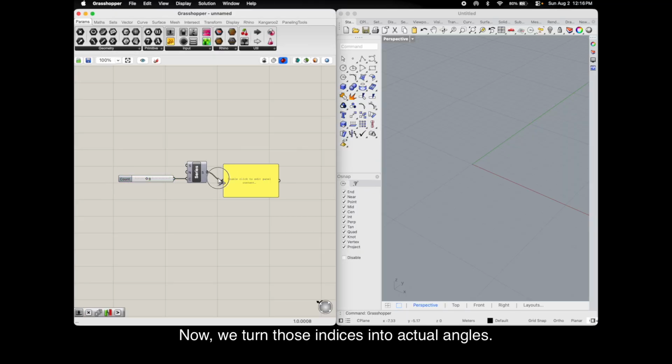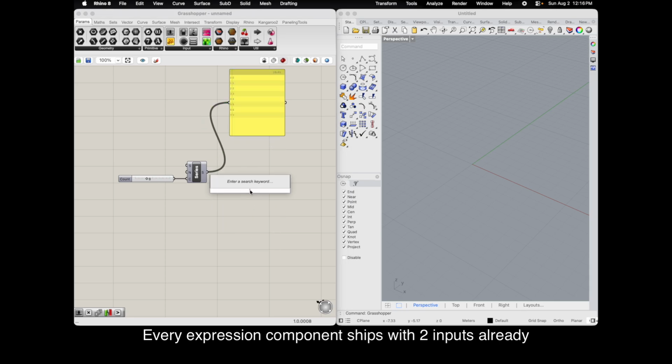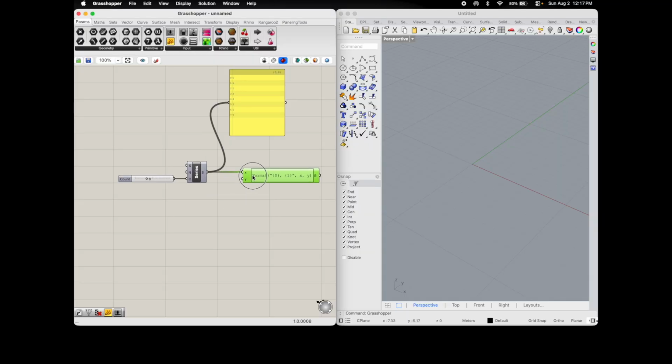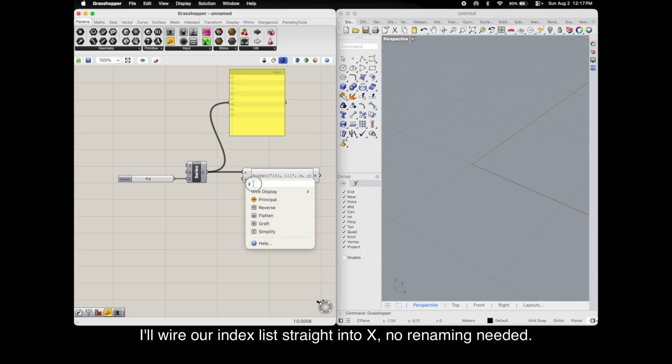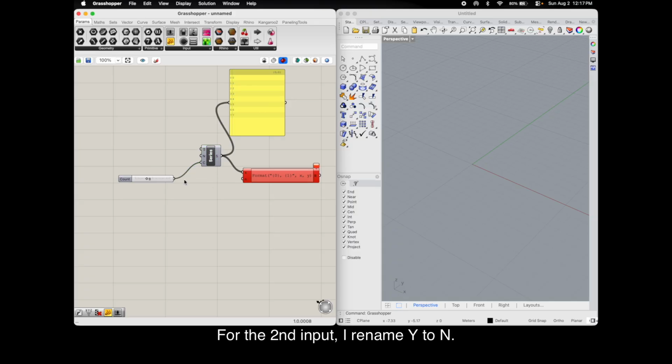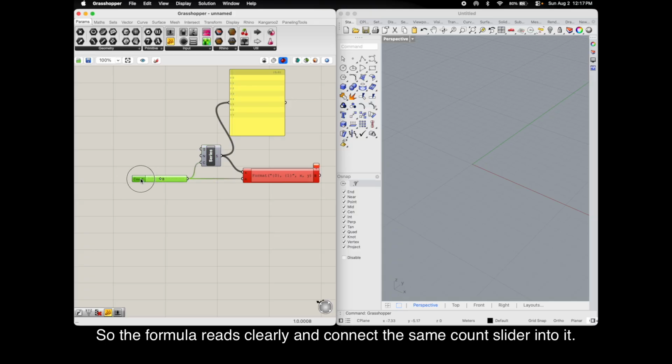Now, we turn those indices into actual angles. That's the Expression component's job. Every Expression component ships with two inputs already named x and y. I'll wire our index list straight into x, no renaming needed. For the second input, I rename y to n, so the formula reads clearly, and connect the same count slider